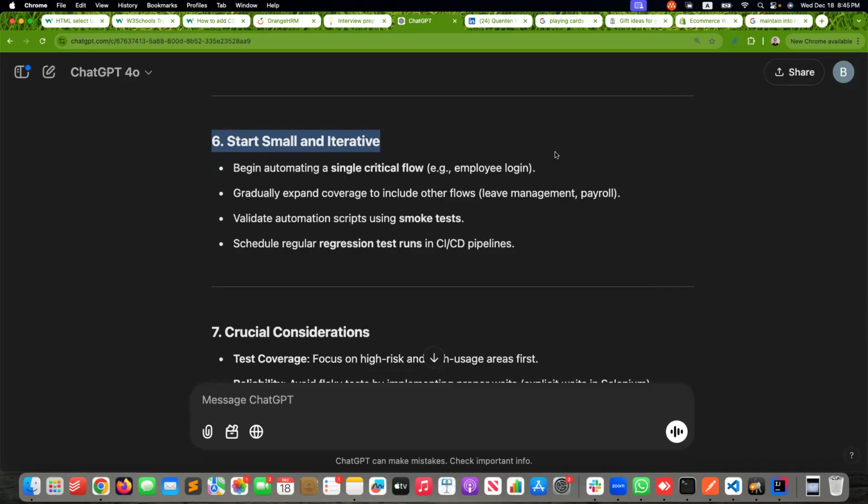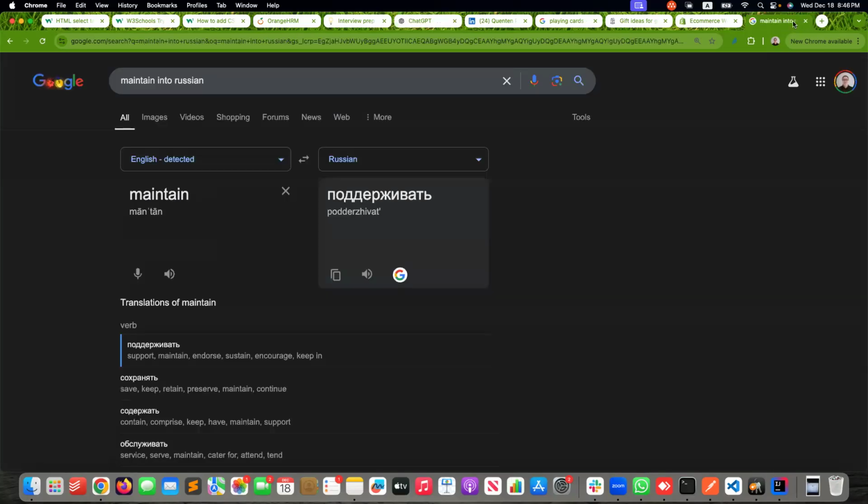So what we have to do is start small. Begin with a single critical flow. Let's say it could be employee login functionality. And then demo it to the team. Hey guys, look. Because the initial setup, right now you don't realize, the initial configuration and creating this very small framework structured for one test case is going to be the hardest part of your journey. Because that's where they call it boilerplate. Yeah, boilerplate means